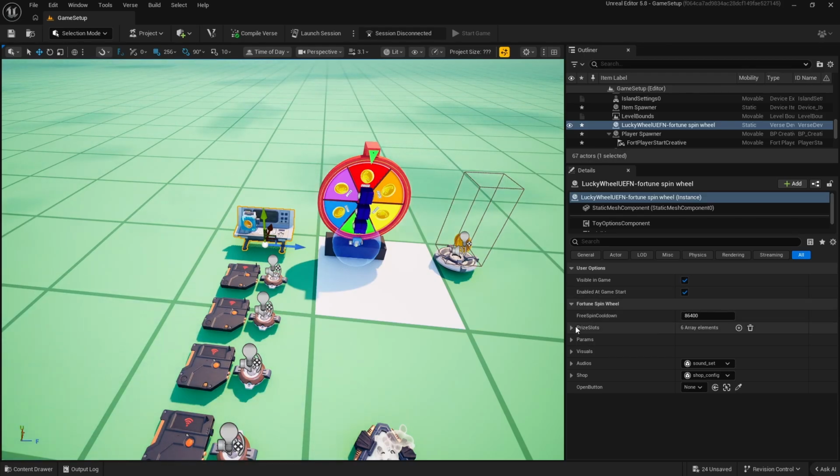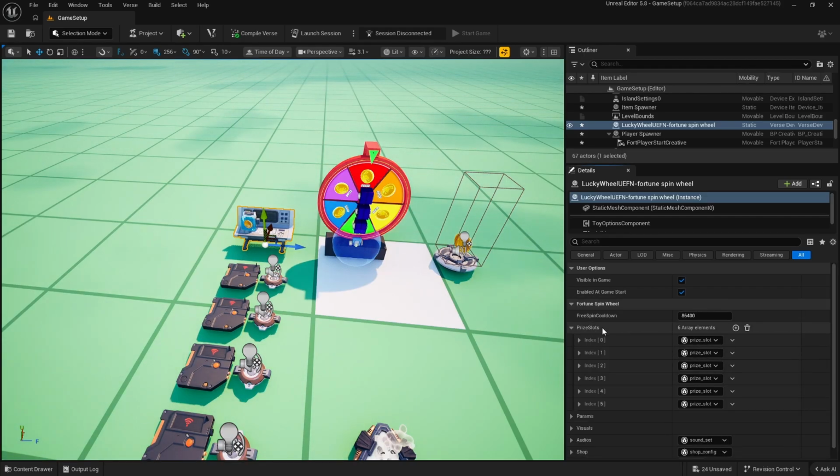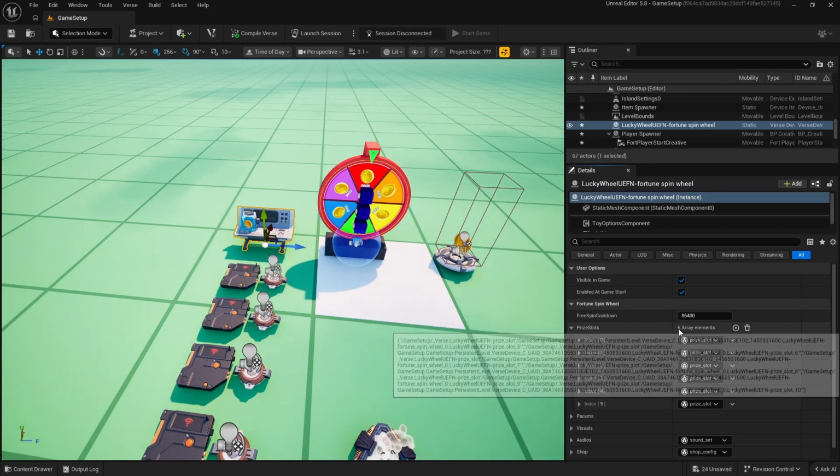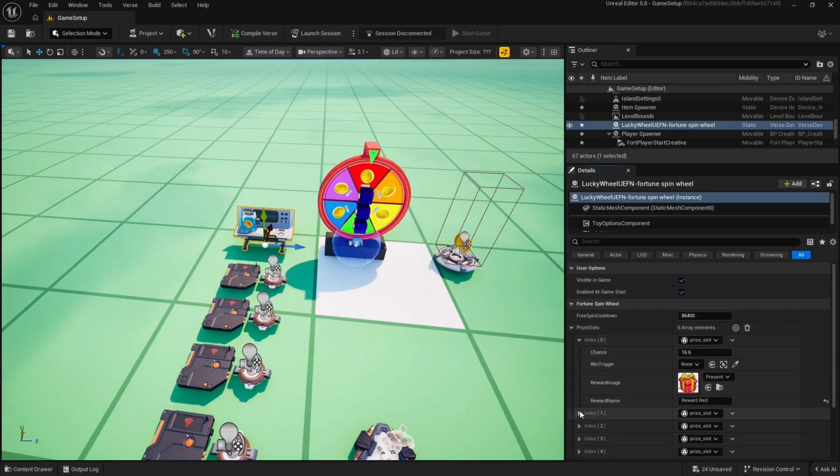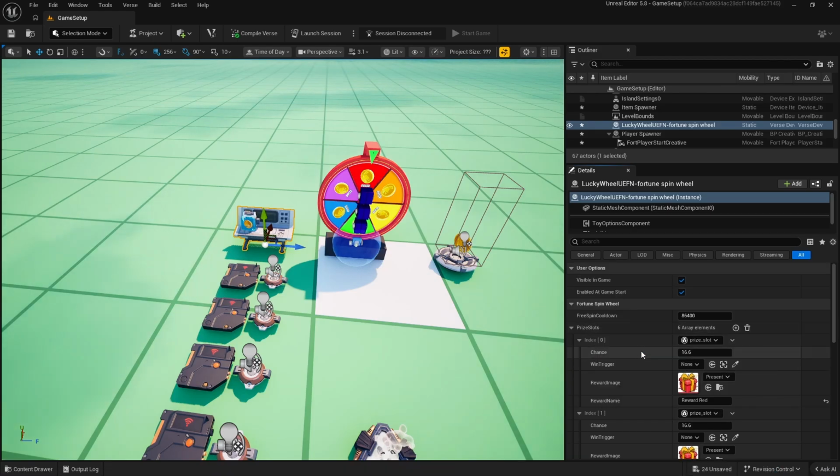Now the next setting is prize slots. It should come with 6 array elements. If there are no elements, you can also just click on the plus here. Each element has a few settings you can set up. We're going to start off with the first one. It needs a chance, which is basically the chance